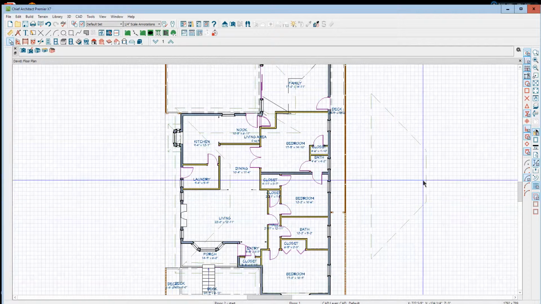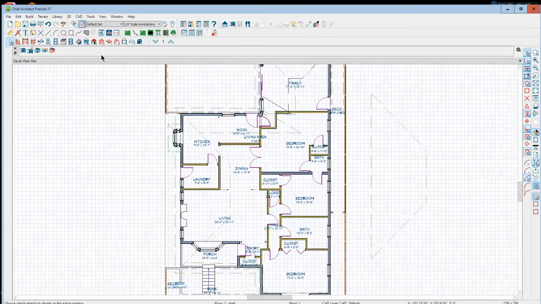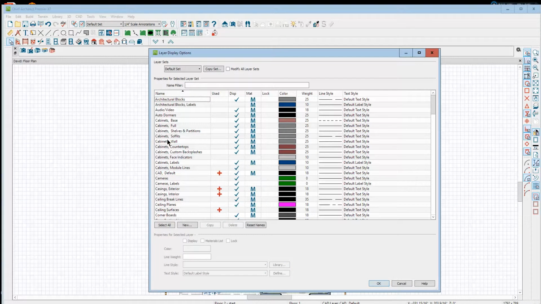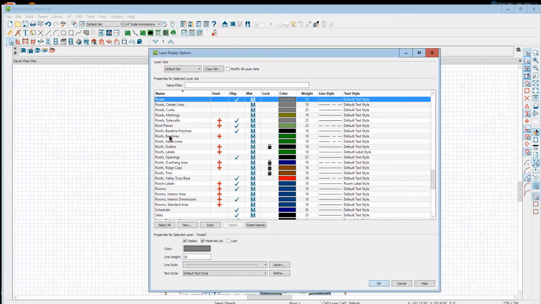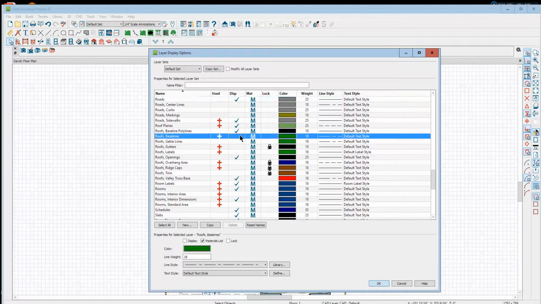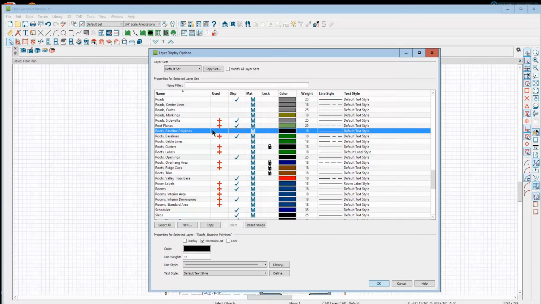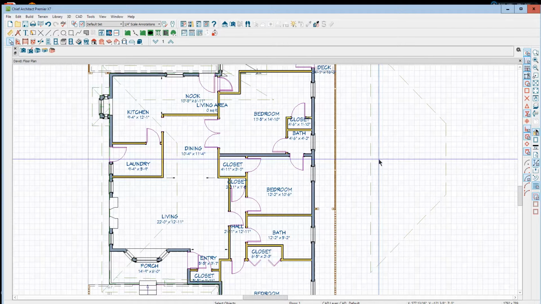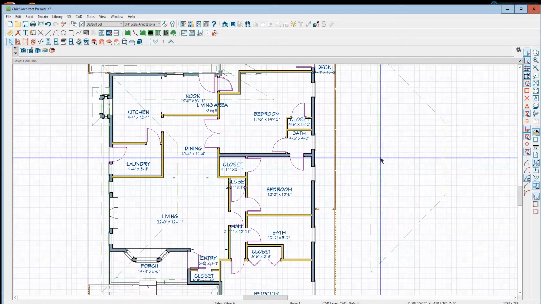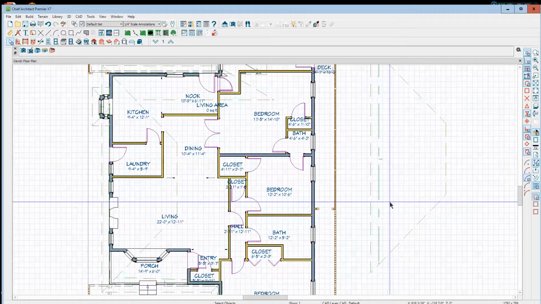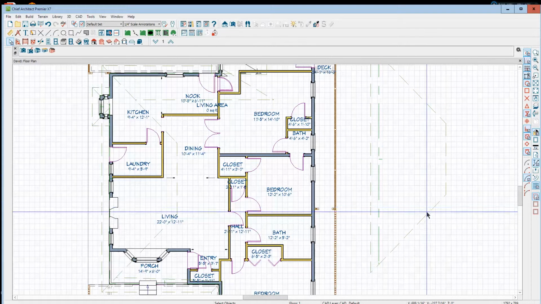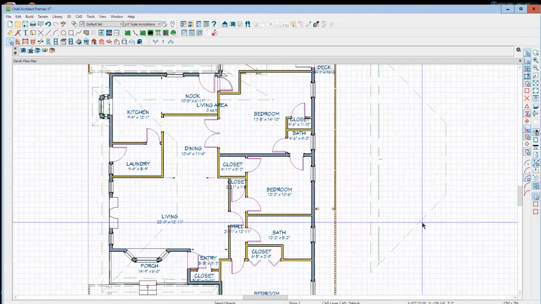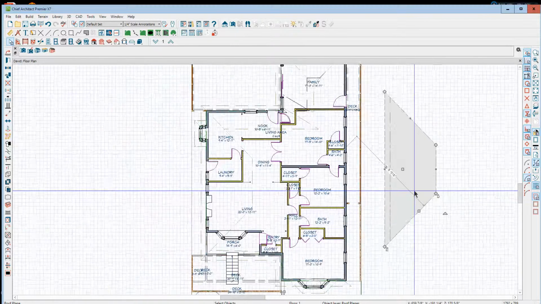One thing is I need the baselines turned on. That's a named layer in display options under roofs. Roofs, baselines. Oh, okay. I never use base polylines, but baselines I use all the time. That's that little dashed line right here that just appeared because I just turned it on. See, this is the pitch indicator, and this is the baseline where the structural load of the roof plane is delivered to the wall. So I'm going to take this and rotate it